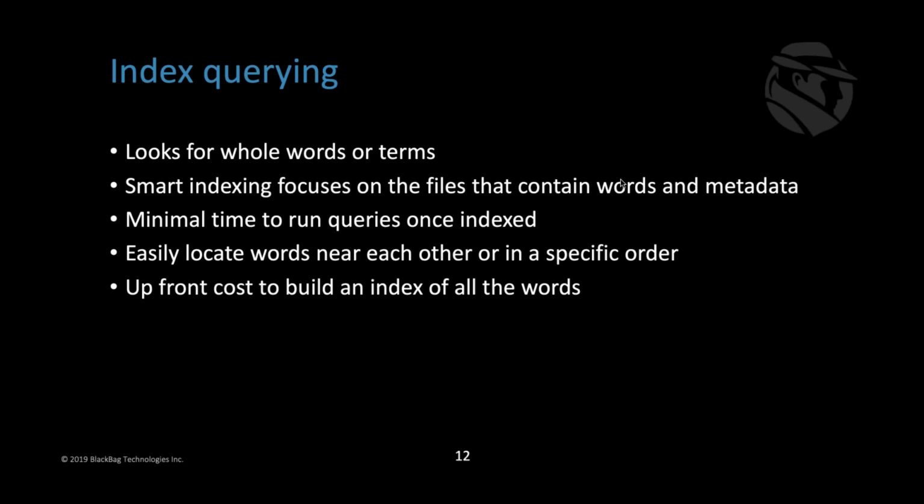Those are additional types of searches that typically forensic index engines allow you to do. So you do spend some time up front building the index, pulling out all the words in the case, but then it's going to be very quick to run your different searches. The other advantage to an index is you can locate pretty easily words that are near each other in a specific order, which can be more complex in keyword searching, and you can combine that with things like date ranges and paths. So there is an upfront cost to building the index, but once it's built, you're going to be able to more quickly follow the lead in your case to find the data that you're looking for.